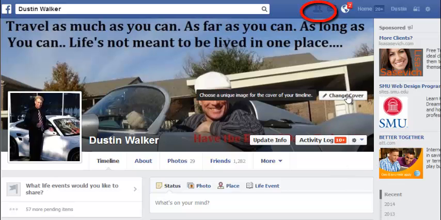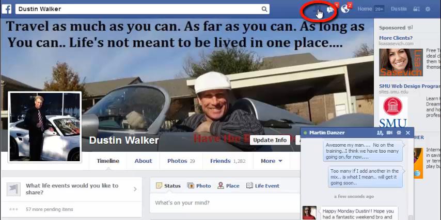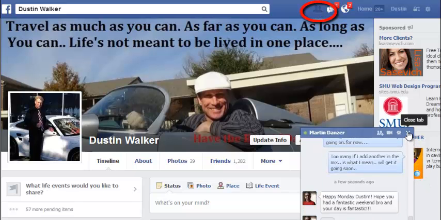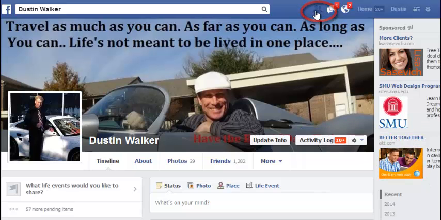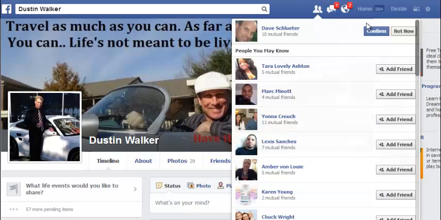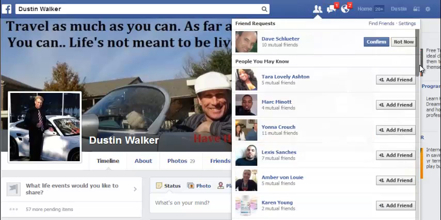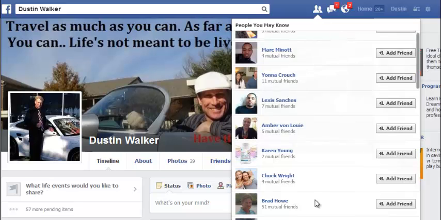But let's move forward. Where we want to start this is right up here, where it will show if you have friend requests. I have deleted mine for this purpose of this training. So what we're going to do is click on the profile. Right, well, there's one slipped in there, but let's scroll down. Now what we're looking at is a list of people that Facebook has seen that you have things in common with, mutual friends, interest and whatnot. Now here's the important part.